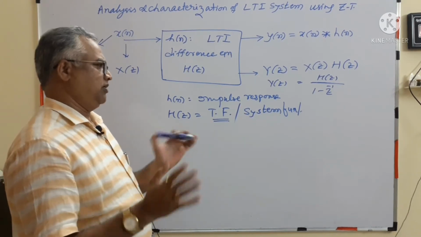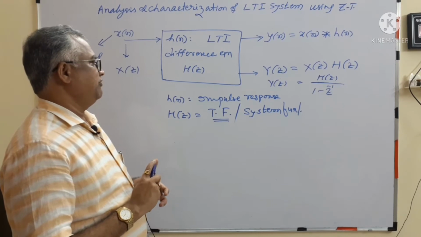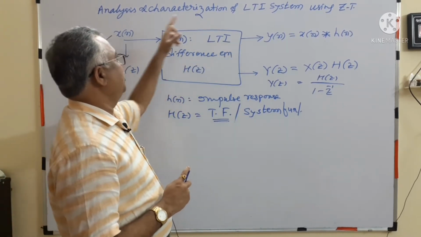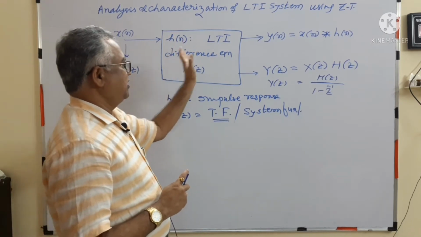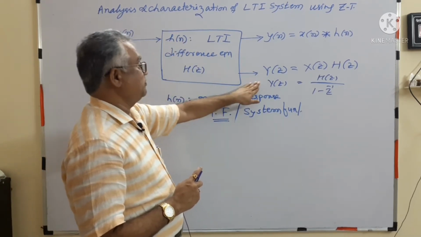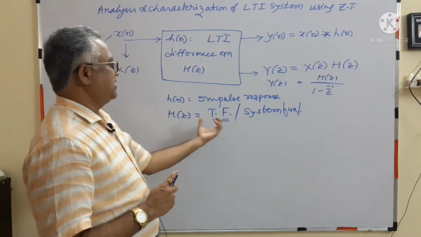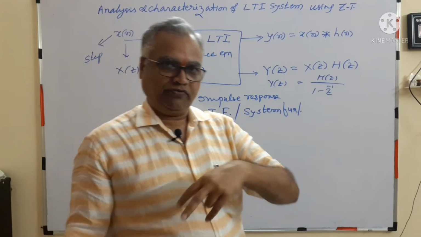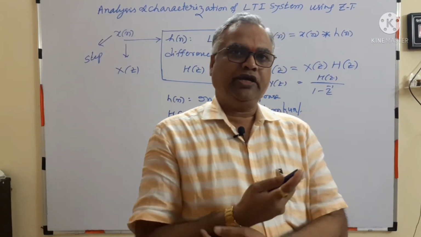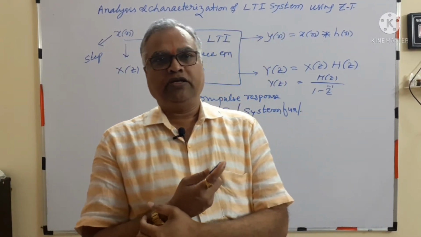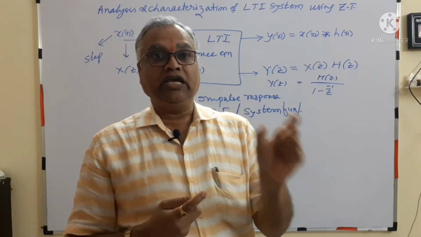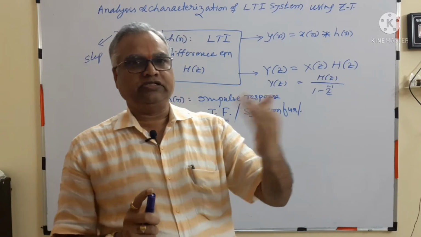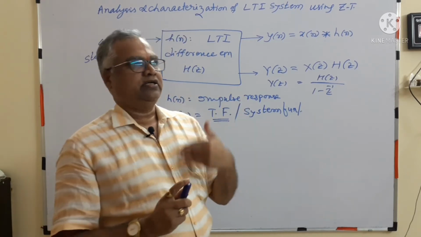frequency domain. Any one, all of them are called a frequency domain. Gain is a time domain. Output by input is the gain. Laplace transform of response by excitation is a transfer function. Transfer function is always in S domain or a frequency domain or Z domain or Fourier transform domain, but normal gain is in time domain. Output by input is a gain. So this is the difference between gain and transfer function.